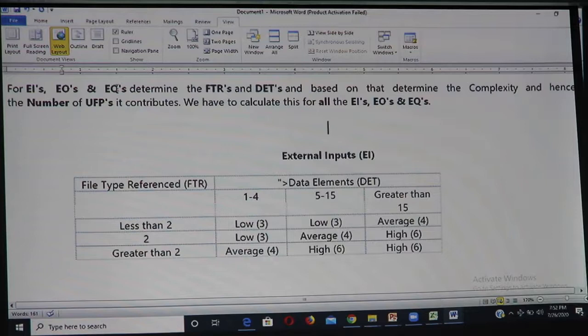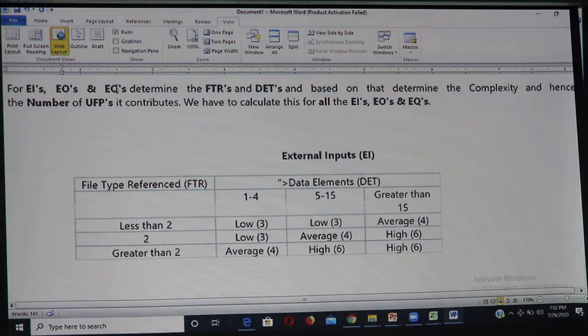If data elements are between 5 and 15, you again consider it low, which is 3. And if data elements are greater than 15, then it is average, that is 4 points.